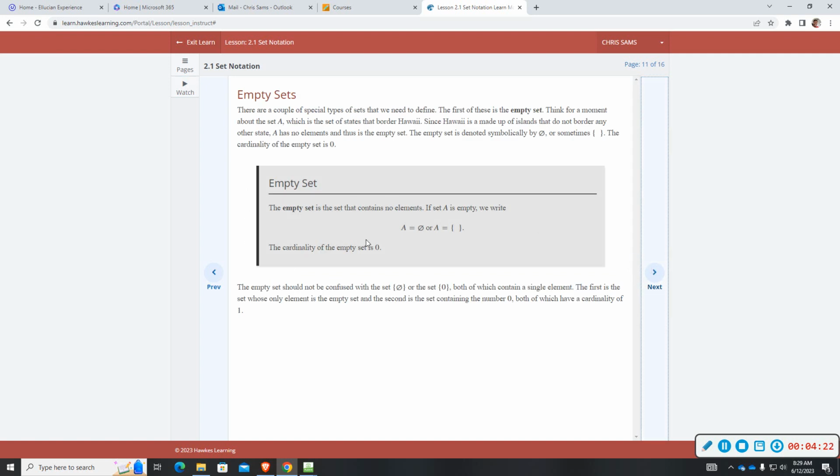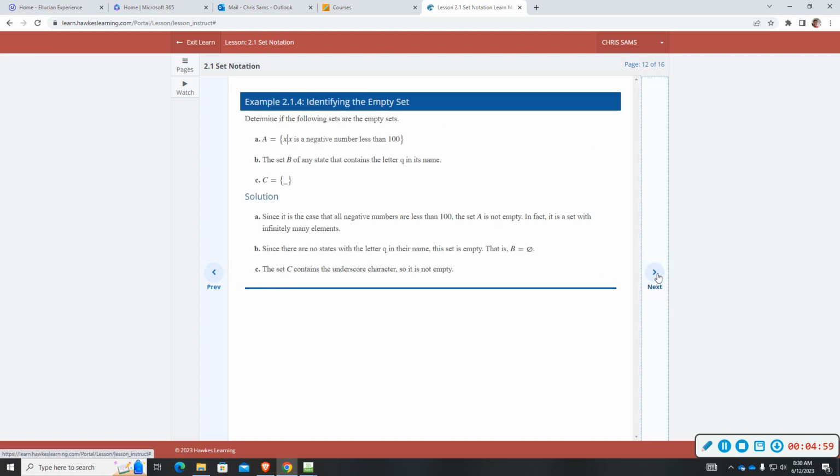Empty set, important to know that. What looks like a circle with a line going through it means that A has nothing in it, or you can just write A equals and then you can write the curly brackets with nothing in it. However, it says the empty set should not be confused with both of them put together. This would be incorrect. Or if you put curly brackets with 0, because 0 would be a number. 0 is something that would mean there's one element in the set. So either you just do the empty bracket or you do the circle with a line through it. Example,